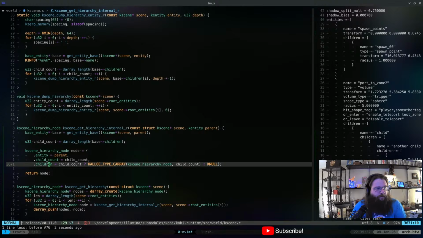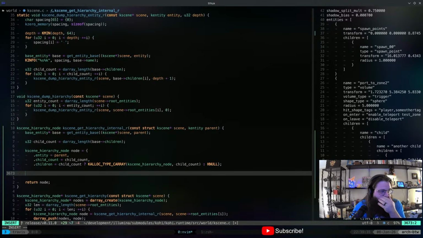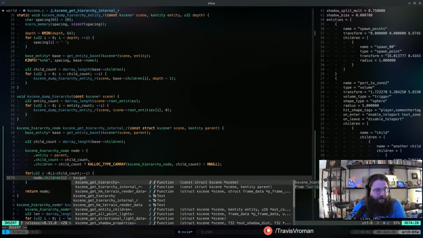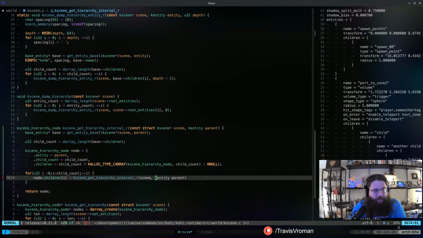So, whoops. So if we do, again, for U32 i equals 0, i is less than child count, plus plus i. Then what we can do is node.children sub i equals k-scene get hierarchy internal R, scene, and then pass node children.